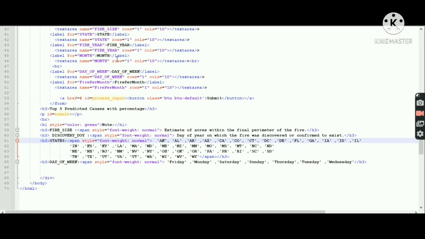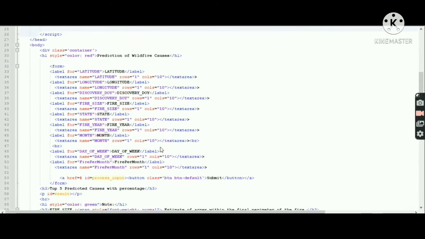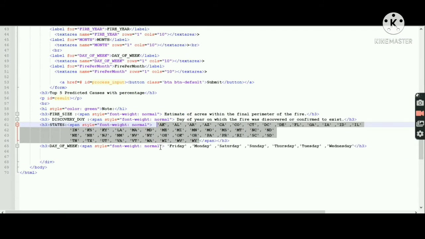So the spaces will take an input in this form, and we are suggesting them to input in this form as a note. Day of week we have to enter in the form of Friday, Monday, like that. So this is basically a web page design we did for our project.